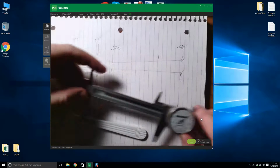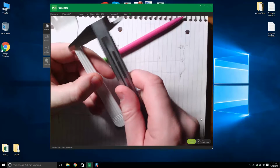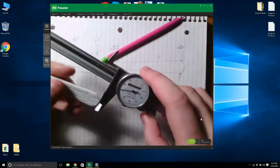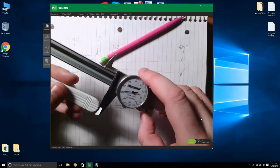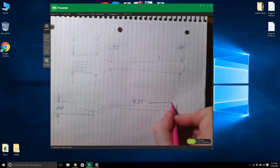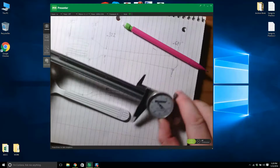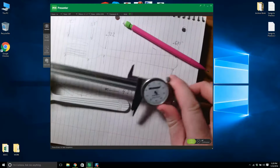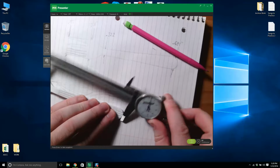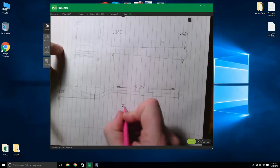Alright, let's go from there. What I'm going to do is I'm just going to mark it. I can score it with the sharp ends of the jaw. Okay, that'll work. Now what do we have from there down? It's 4.37. 4.37. Now what's that? 5.5. That'll do the job. 5.5 inches